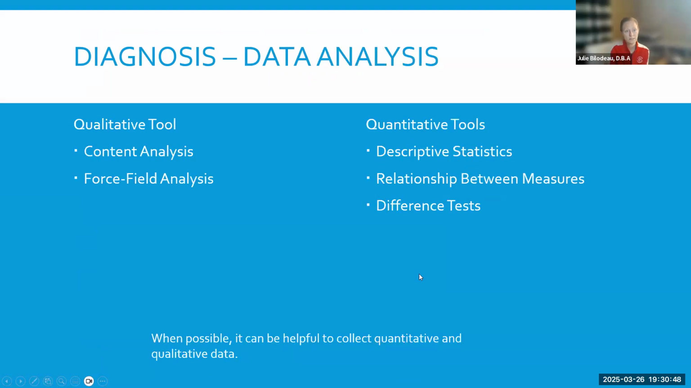All right, so diagnosis, data analysis. Under qualitative, your text for OD talks to you about content analysis and force field analysis. There's information in the book, and you probably also learned about these in qualitative. And then your quantitative tools. So descriptive statistics are pretty common. We use those a lot in dissertations. You'll see that in this textbook as well. And then the relationship between measures. So what is the relationship from one factor to another,